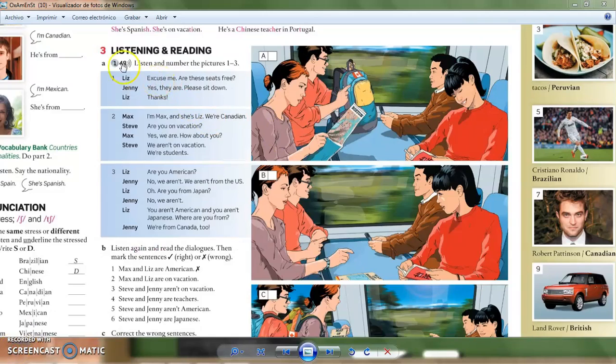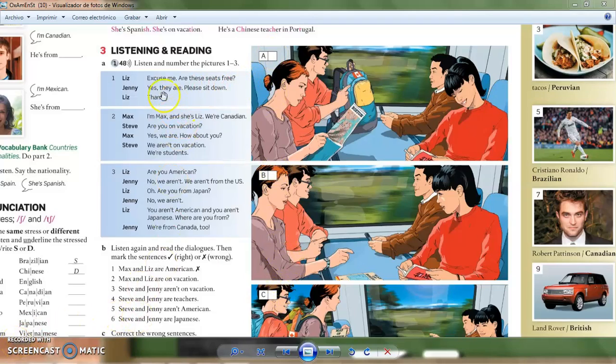The next exercise is to listen to track number 48 or read the sentences that you have here in this dialogue, and you're going to match it. You need to write number 1, number 2, number 3 in these boxes, A, B, or C. The first sentence says here in the first part of the dialogue, excuse me, are you Digits 3? So you're going to write number 1 here, here, or here, depending on what you think is the correct answer.